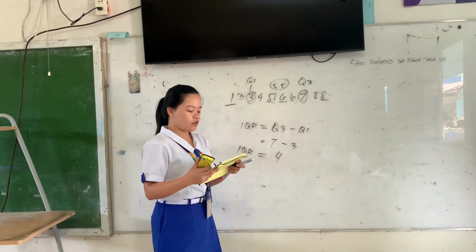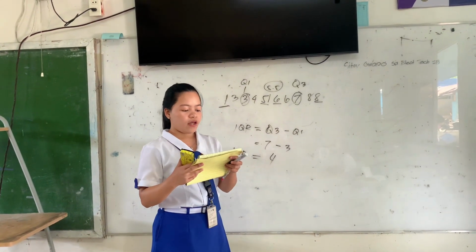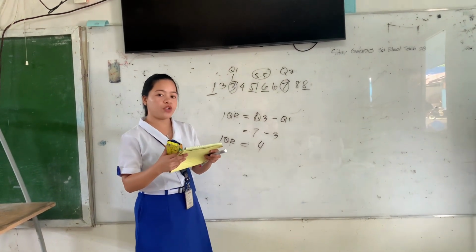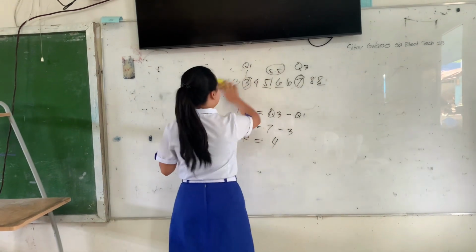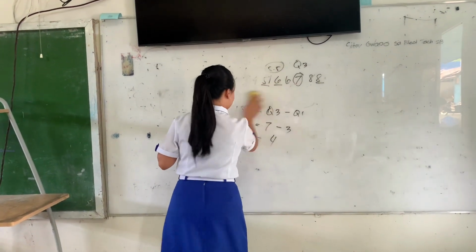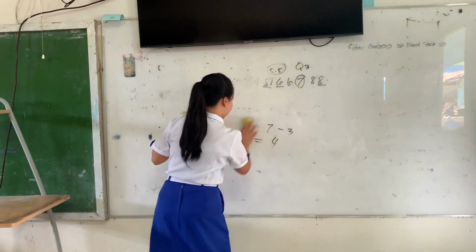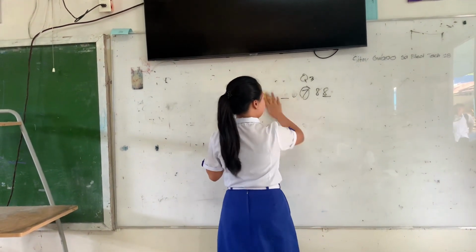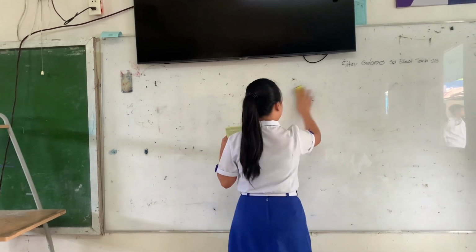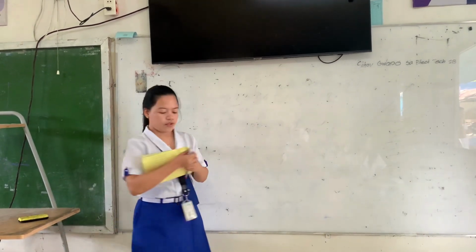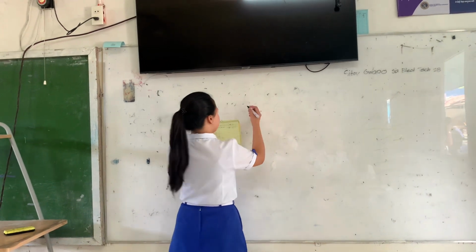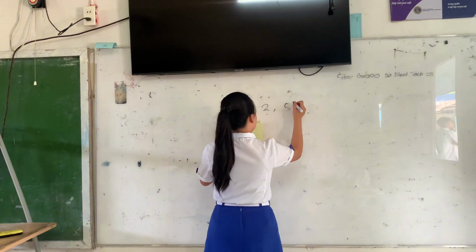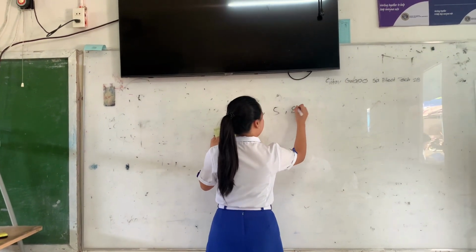So our example is there are teams of volleyball and we have to find the variance of their wins. So the wins are 2, 5, 8,